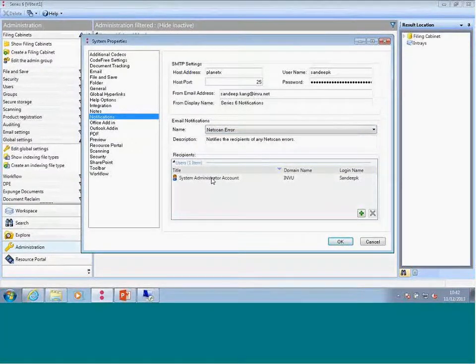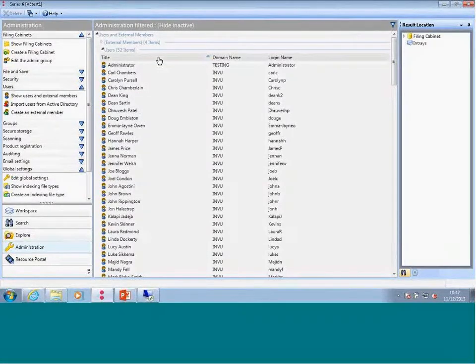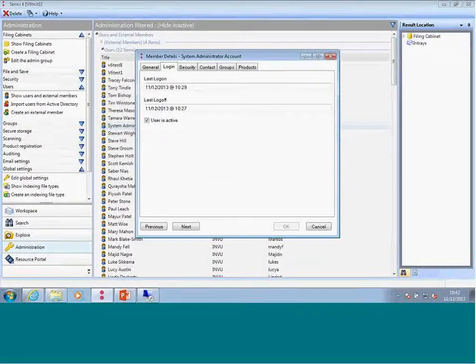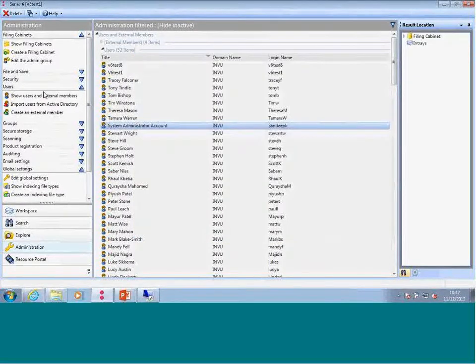So on mine, you can see that I've already configured myself for email notifications for the services. And all it does is it just looks at the email address within the user properties. Which is just in contact. So I've got my email address here. So what that section in global settings will do is, because the system admin account was in the list of users to send notifications out to, it will say, right, I need to send one to the system admin account. It will look at my details and say, right, if there's an email address there, that's who I'm going to send it to. And likewise, if you've got a group,